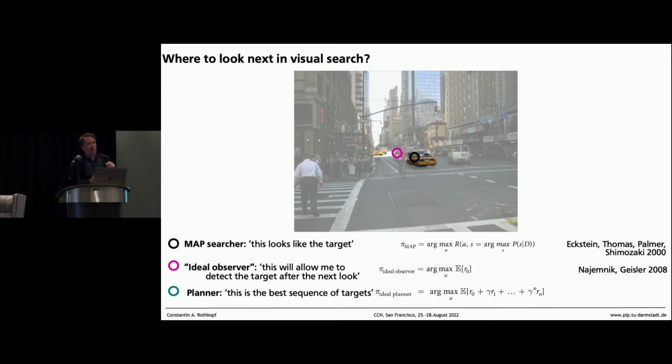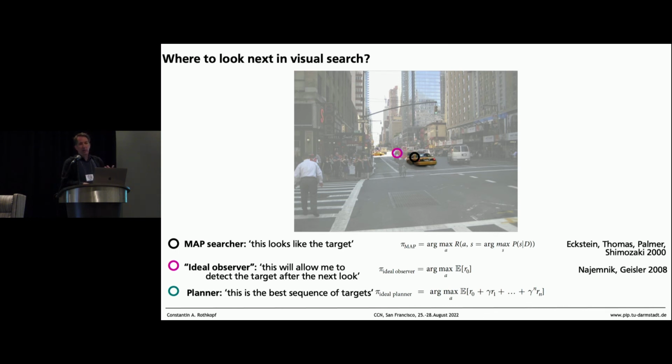And then people have seen that sometimes you look between two potential targets, and that comes out if you use something that Jiří Němeček and Bill Geisler called the optimal searcher, where the idea is that you look where, after having looked there, you have updated your posterior in such a way that you can take the decision best. That's not the optimal thing that you should do.